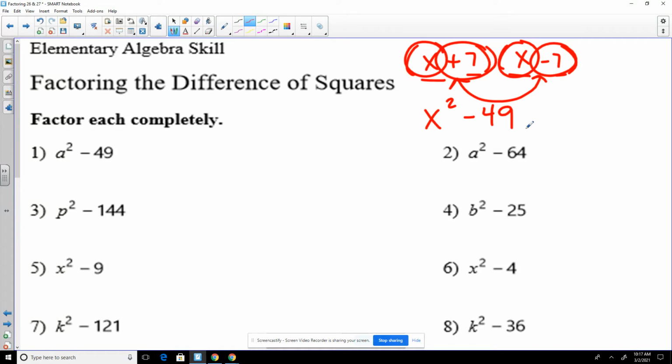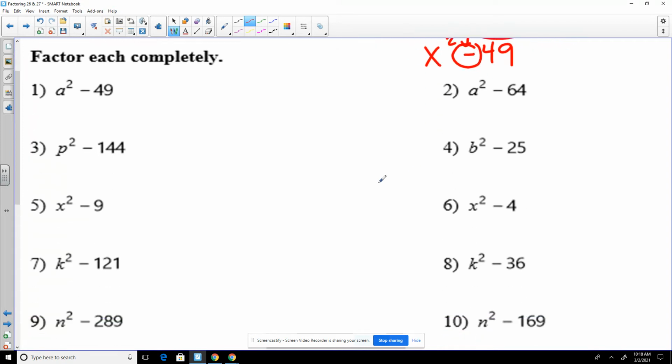Okay, so all polynomials that are difference of squares when factoring are a binomial where your operation sign is a subtraction sign. So if you have a perfect square and a perfect root as your C value, as your constant value, with a negative sign, that is a difference of squares, and you can use this shortcut. The shortcut is